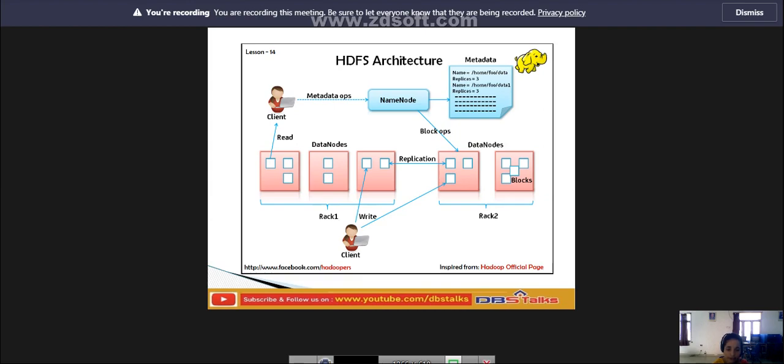The data node information is given as metadata to the name node, and the name node sends it to the remaining data nodes.